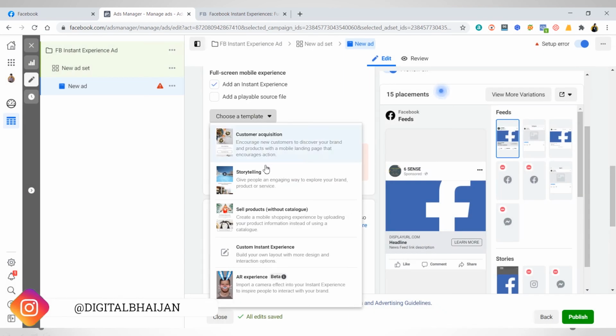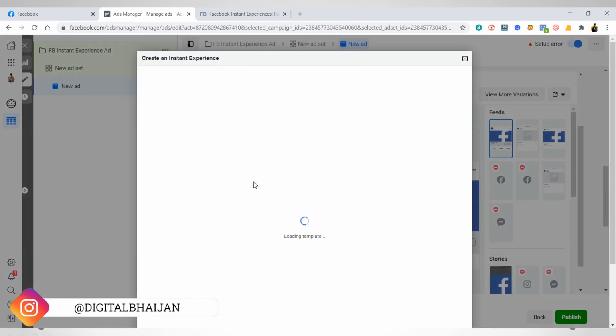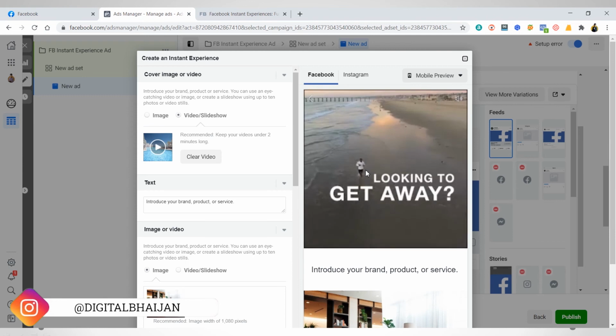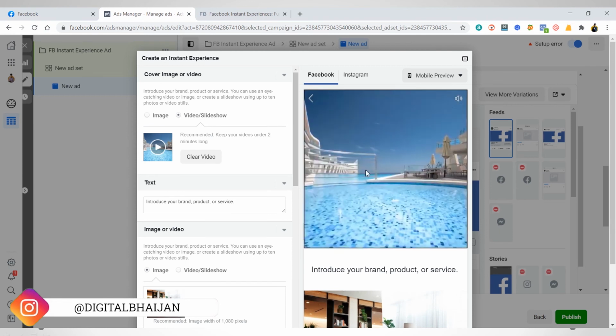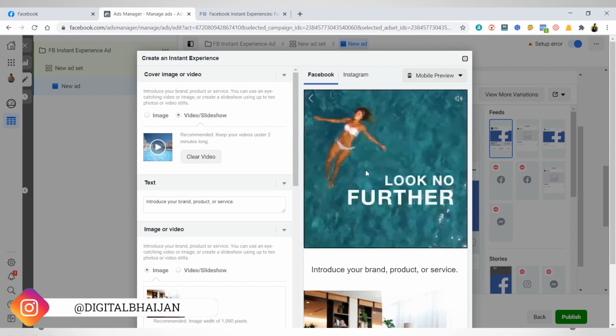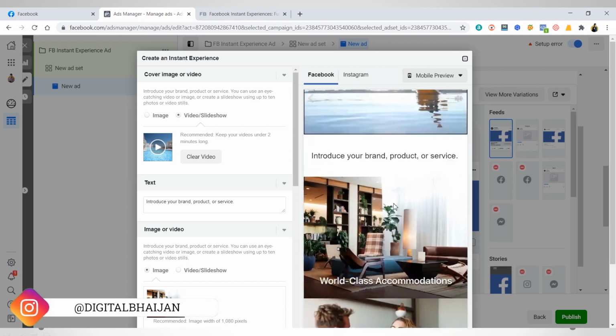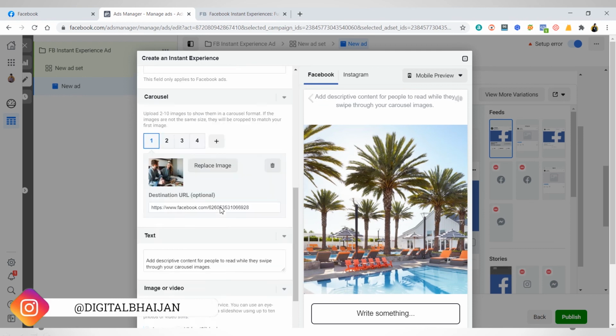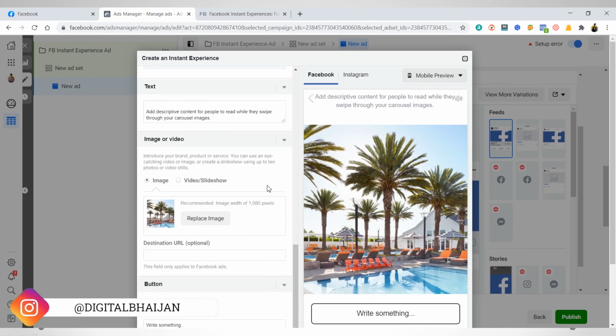Within this template there is storytelling. If I click on storytelling, this is another template given by Facebook which you can use to run your ads. See how cool it looks. It's a great experience for your customer. You can edit everything within Facebook.